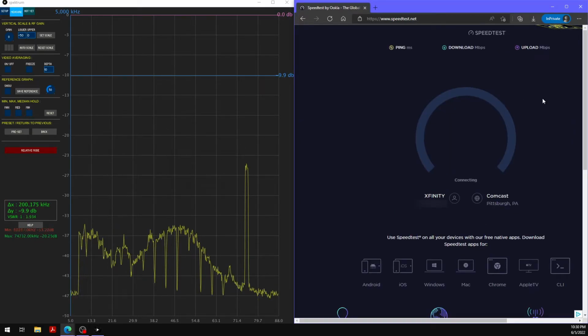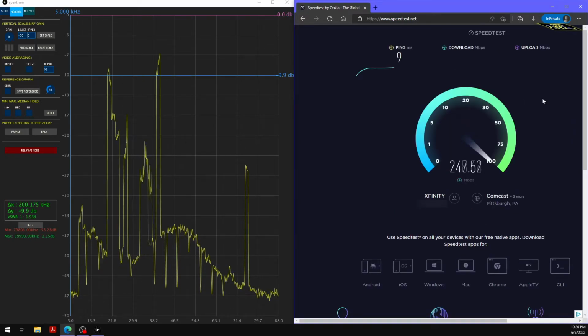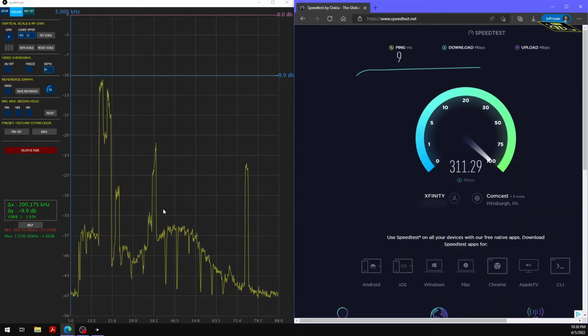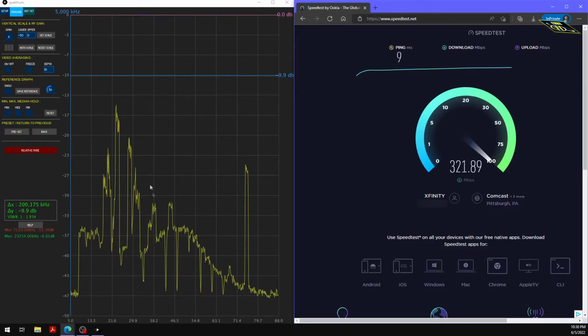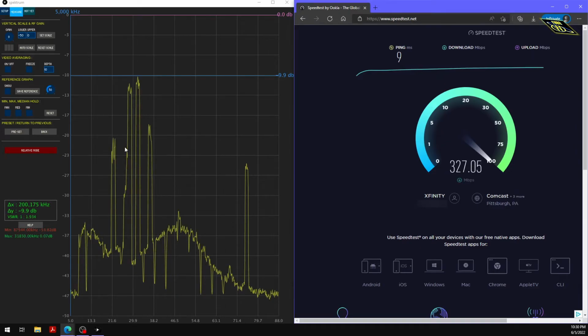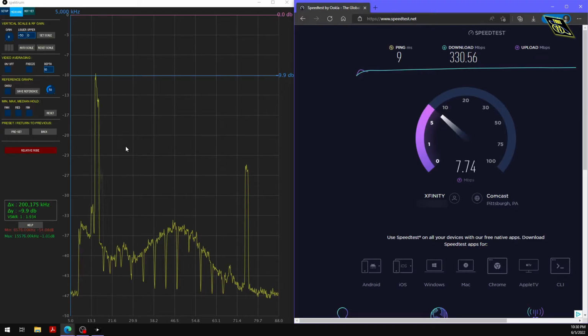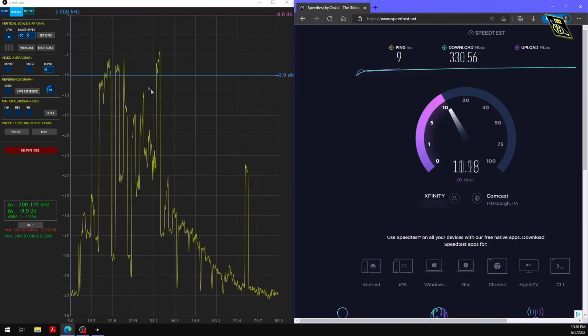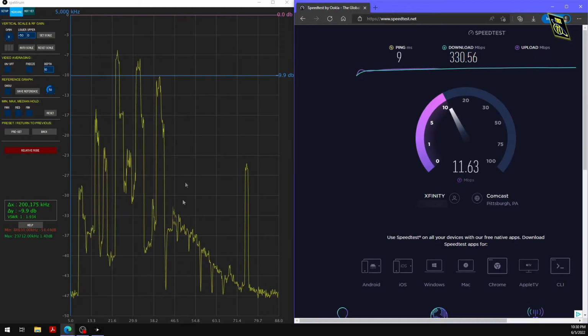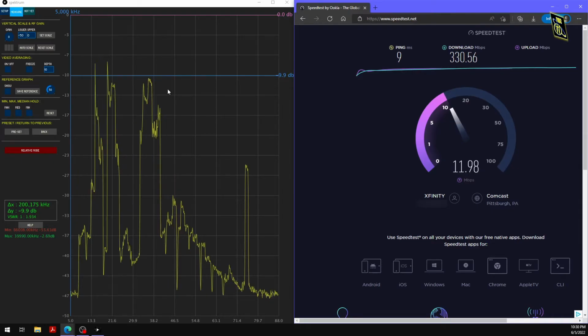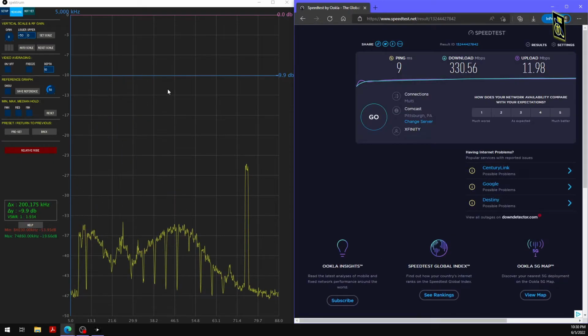Again, right now I'm connected in with my splitter. So yeah, we can see here. Right now we're actually doing the download, so we're still sending a little bit of telemetry back through the uplink. But now when we do the upload speed test, we see a lot more usage on the upstream side of the spectrum, which makes sense. And the test is over and everything pretty much dies down.